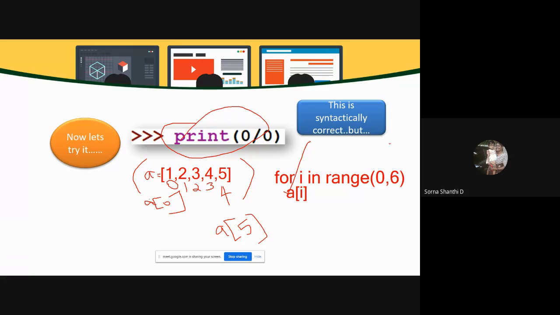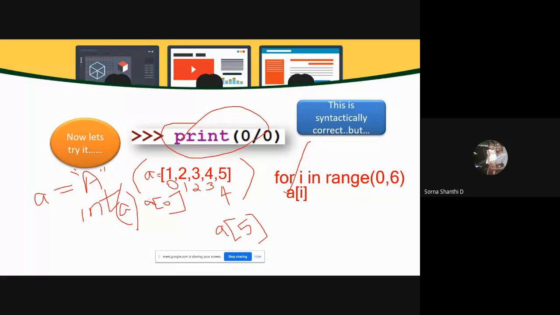Am I clear? So for example, I'm assigning a is equal to capital A. So this is a string. If I try to convert this into an integer, what is the function I will use? I will use int of a. Is it possible for me to convert this? No, it will not allow. It will say the literal cannot be converted with base 10. That will be your answer. If I have an integer within a string, this conversion is possible. Otherwise, this conversion is not possible. So these are